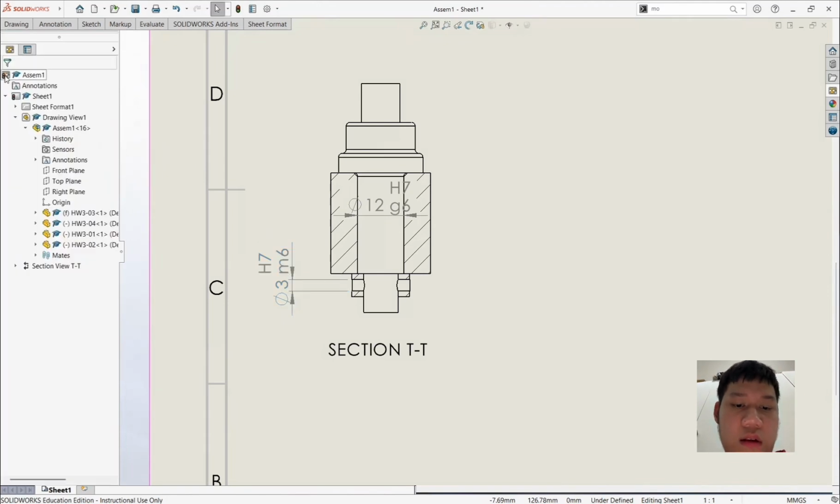Okay, and let's move to the next dimension. This is the last dimension. Okay.